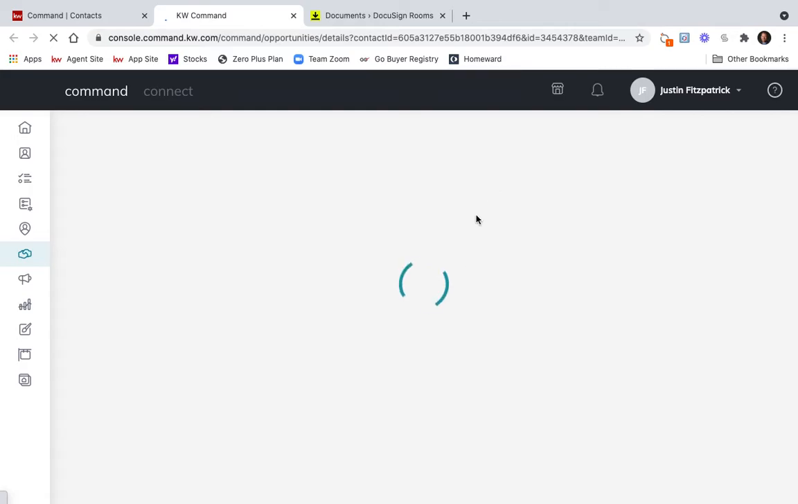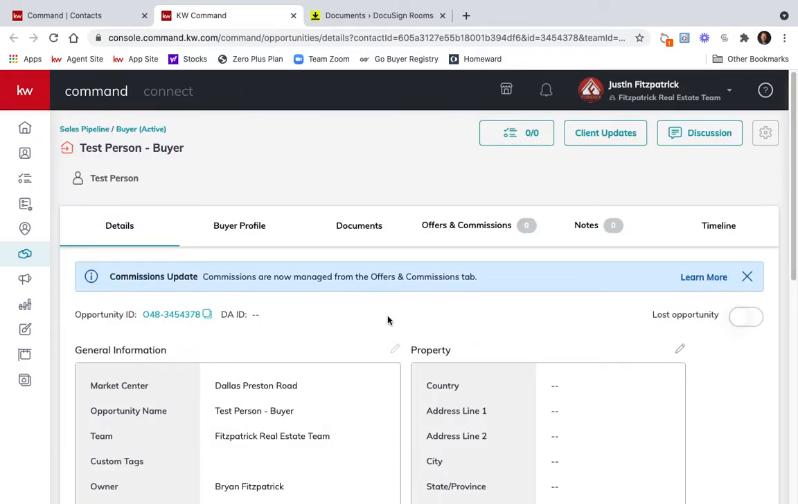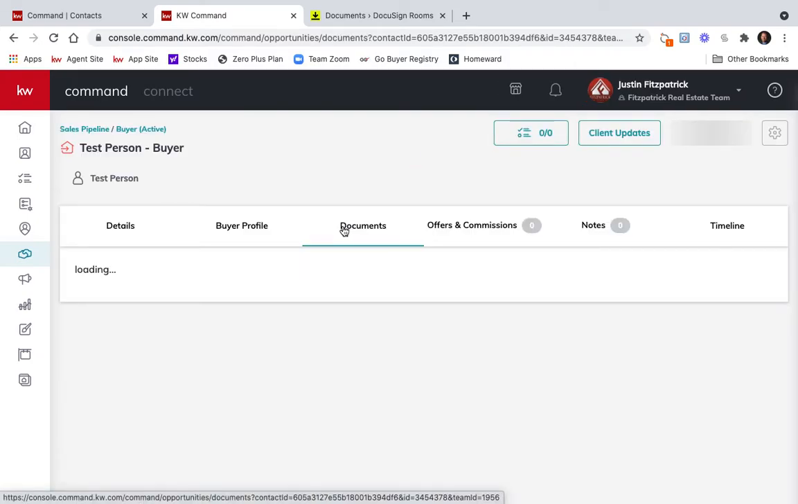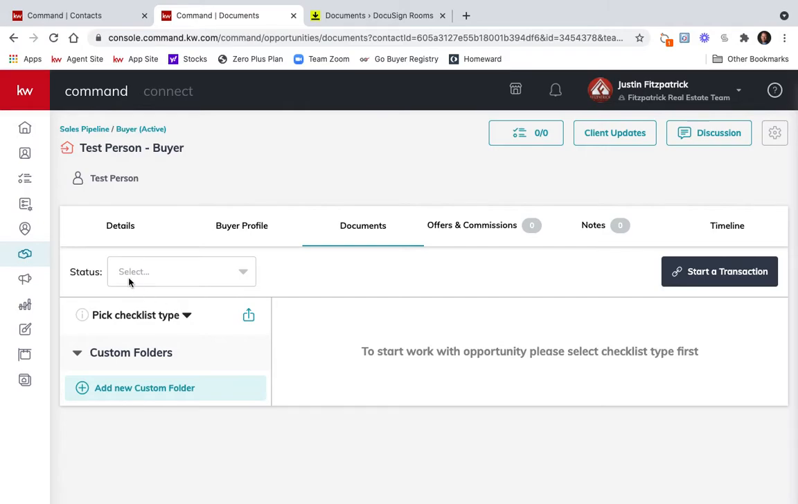Come into test person. Now we've gone from the contact card into the actual opportunity. Once we're in the opportunity, we can now come over to the documents section of that opportunity. Once we come in here, we need to pick our checklist type. What type of buyer is this? This is going to be a residential transaction. This is not a commercial or a referral or land or farm or ranch. This is a residential. So because we click residential, it's going to give us the corresponding documents that we need